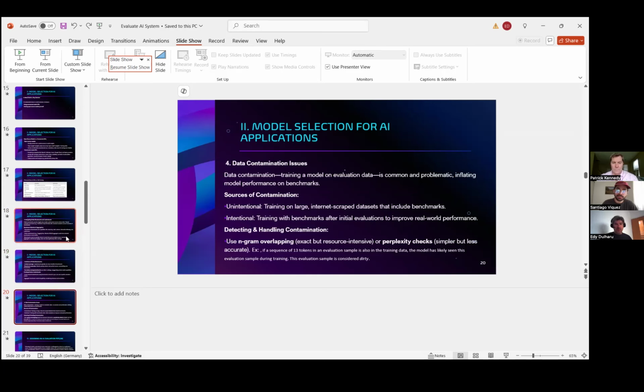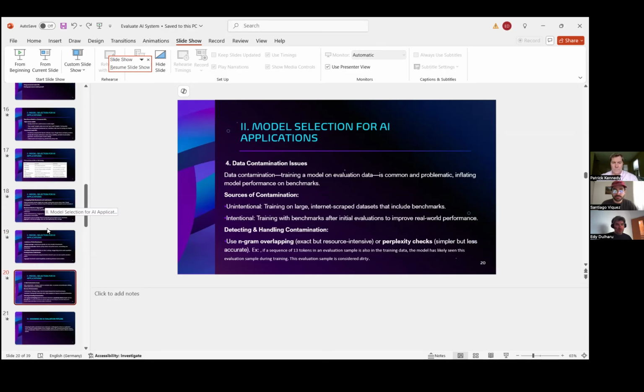So now data contamination, slide number 20. Data contamination is training a model with data which is problematic, like training a model with test data or validation data.